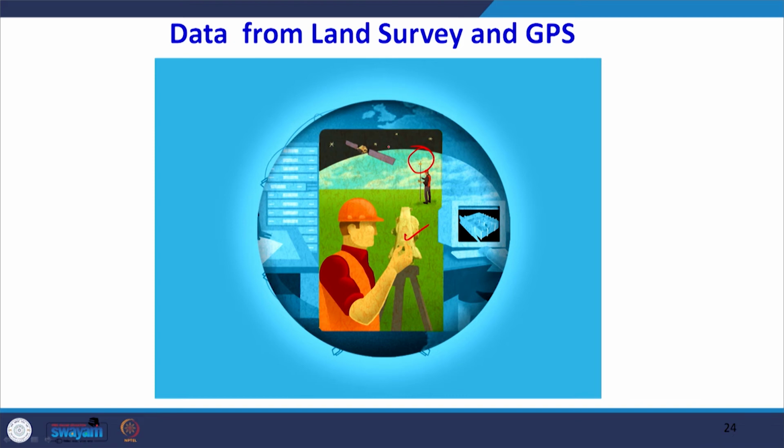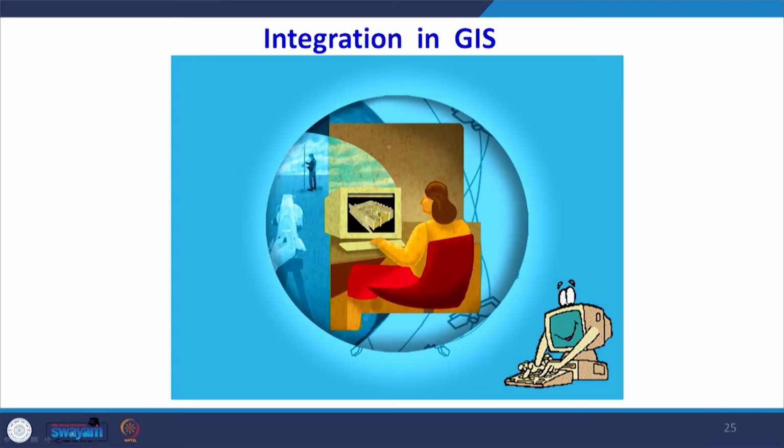So, whether it is point data or line data or area data, everything can be collected in the digital environment and then it becomes directly input to the GIS. So, in GIS also, when we are using it in the computer, we are integrating several data sources together. We were mainly focusing on two-dimensional planning. So, our planning was mainly in the two-dimensional environment in the GIS, but today with the modern tools and technology,